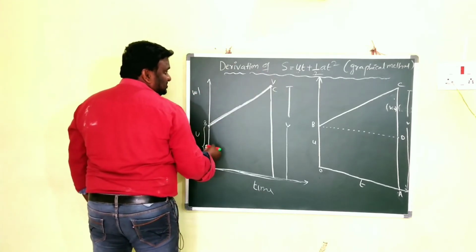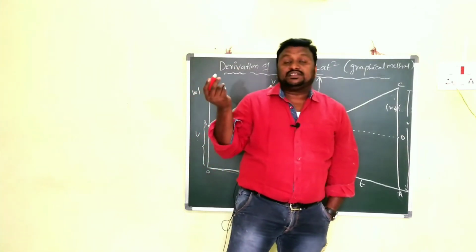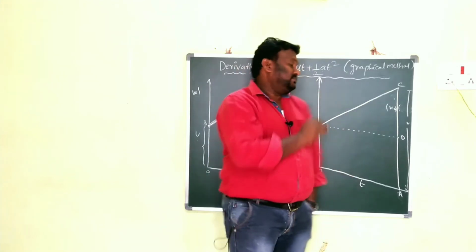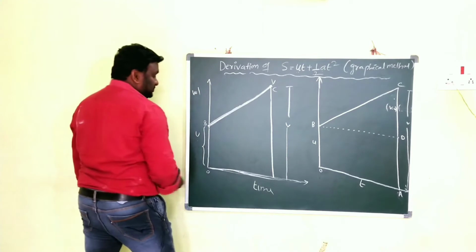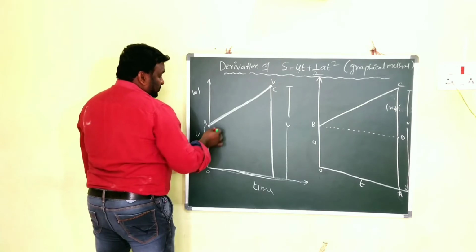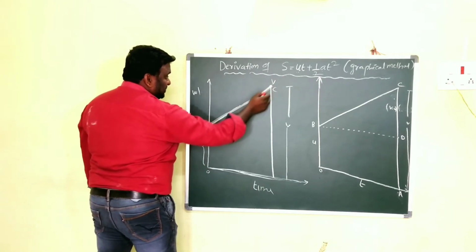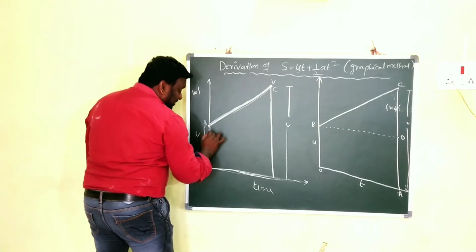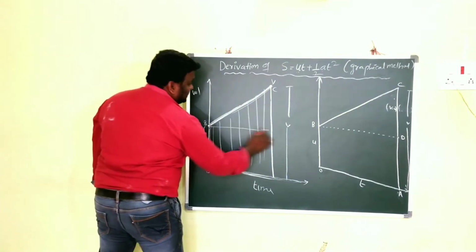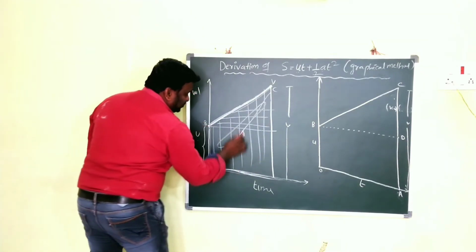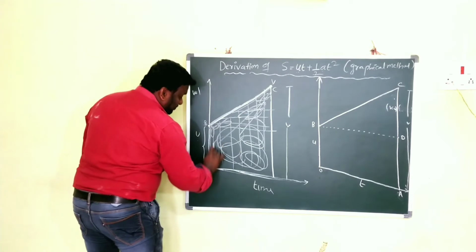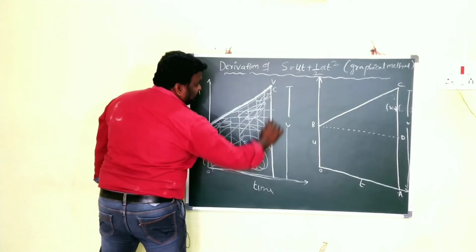What do we call the change in velocity with time? Acceleration. When velocity changes, the body possesses acceleration. That's why there is an acceleration here. Children, now BC is the velocity graph. Now the area under BC gives the displacement covered. This entire thing here is the area under BC, which gives the displacement covered.